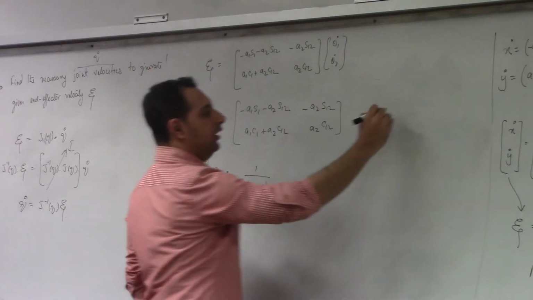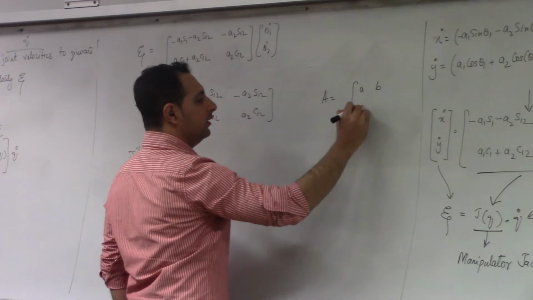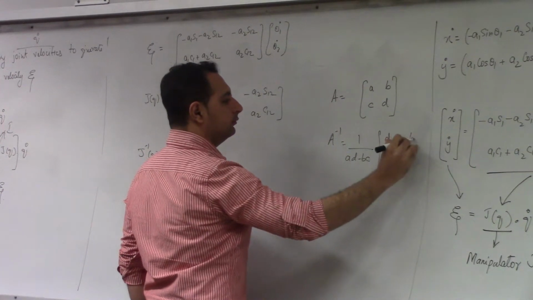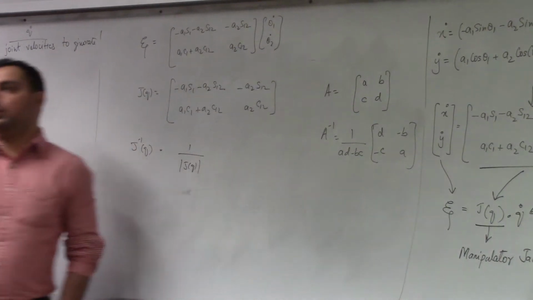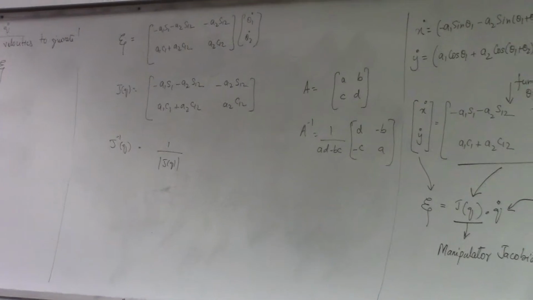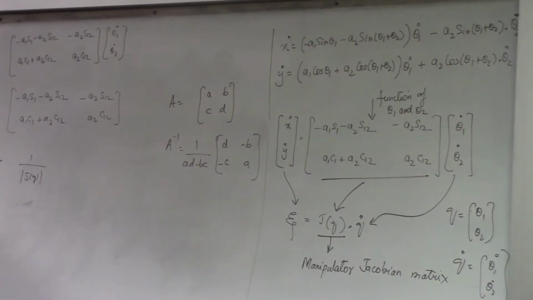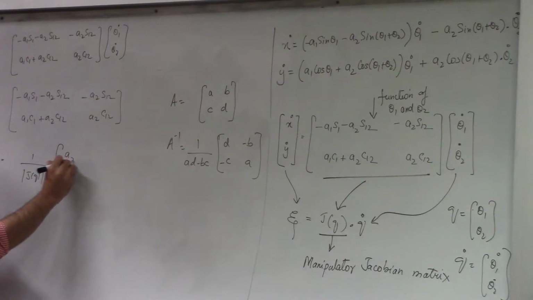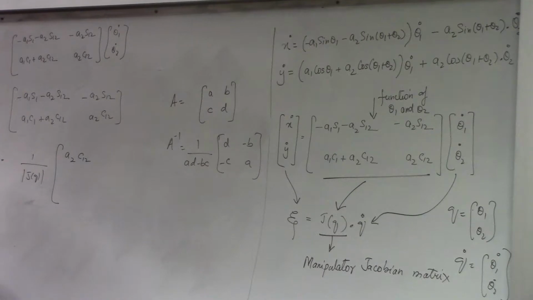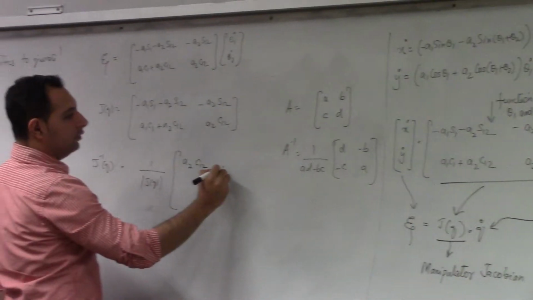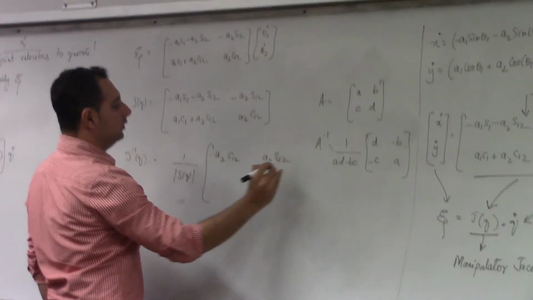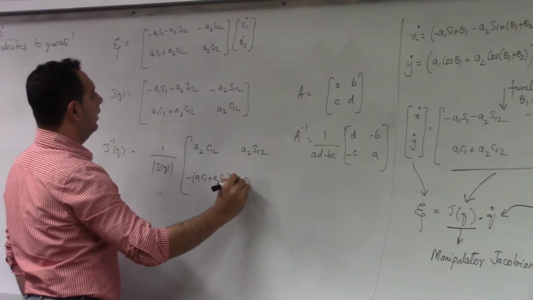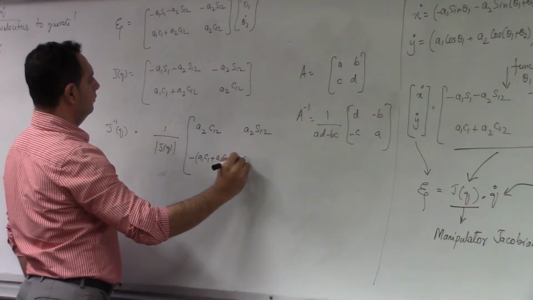Okay, so if you have a matrix A, which is equal to A, B, C, D, A inverse will be equal to, right, a 2x2 matrix. So you can find A inverse like that. So in this case, this is nothing but the determinant of A, AD minus BC. So in this case, when we do this, we'll have A2 cos 1 2, and here we'll have minus B, so this will be A2 sine 1 2, and this will be minus C times here I'll have